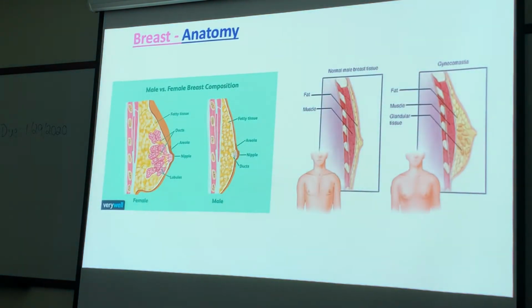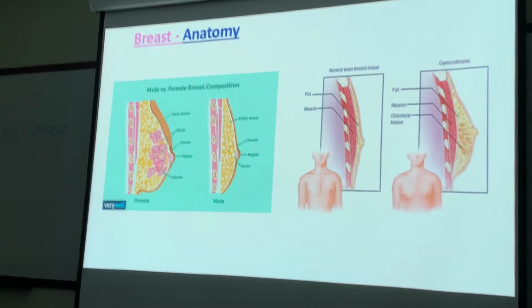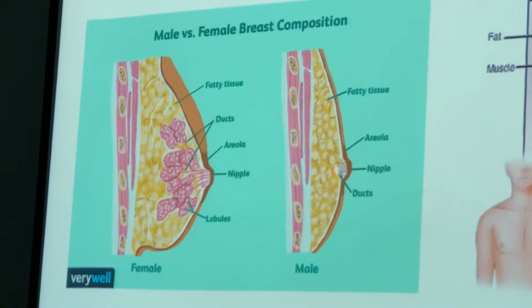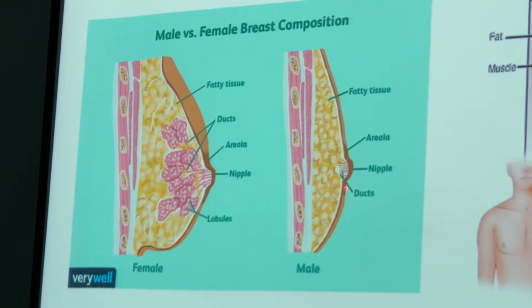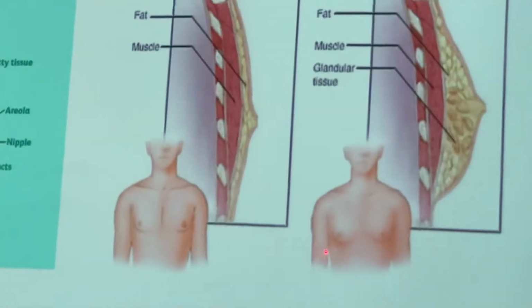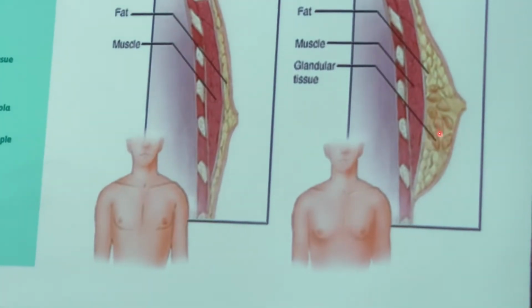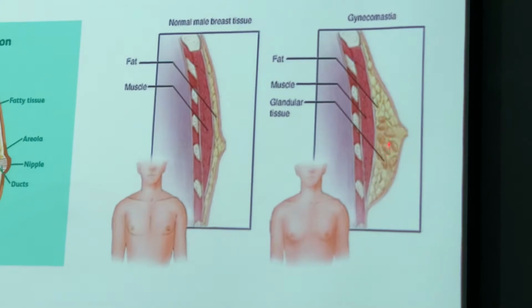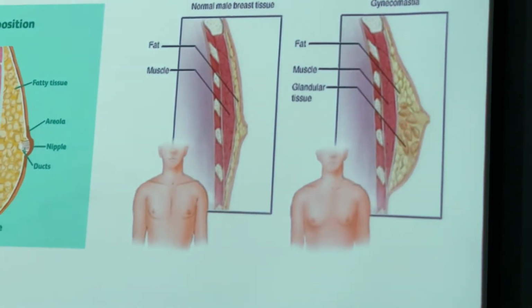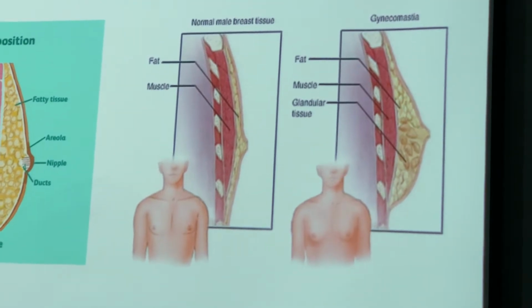Okay. So here's my male and female breast composition, guys, and you can really see the only difference is the glandular layer in the female breast in comparison to the male breast. And here's a normal male breast. And here's a guy suffering gynecomastia, and you can see that he has hypertrophy or enlarged glandular mammary zone right here. See that? So it's not actually just breast fat, it's actually the mammary glands that have enlarged.